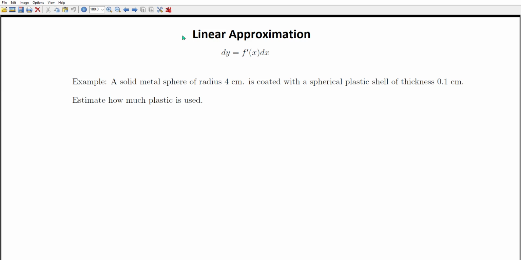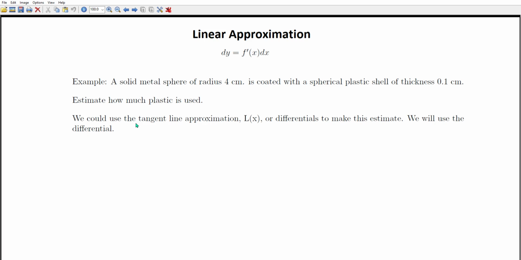So another example. A solid metal sphere of radius 4 centimeters is coated with a spherical plastic shell of thickness 0.01 centimeters. Estimate how much plastic is used. We could use the tangent line approximation, or we could use differentials, and we're going to use the differential to do this. So the volume of the sphere is 4/3 pi r cubed. So dV is the derivative of 4/3 pi r cubed, which is 4/3 pi 3r squared, which is 4 pi